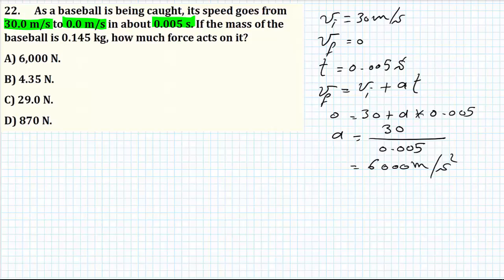Okay, let's continue reading. If the mass of the baseball is 0.145 kilogram, how much force acts on it? We need to find the force that acts on the object. So the force